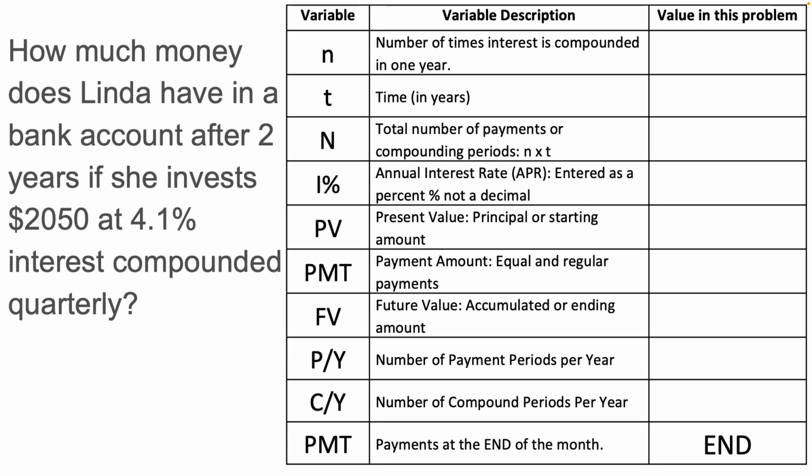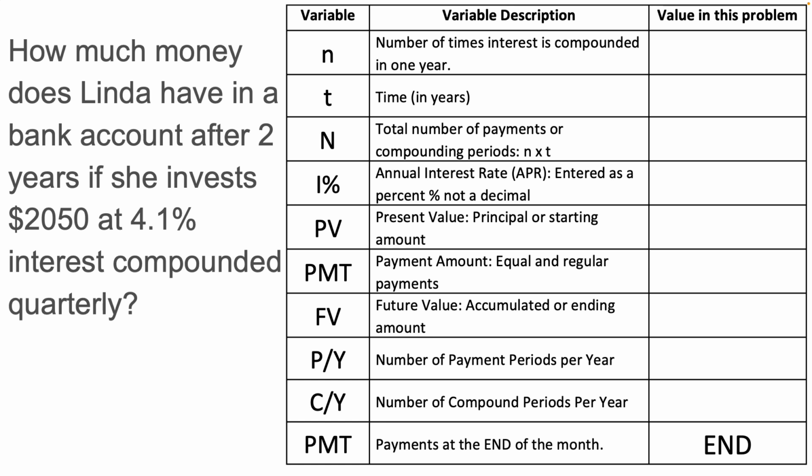In this problem, we are asked how much money does Linda have in a bank account after 2 years if she invests $2,050 at 4.1% interest compounded quarterly. So when we see that we are using a bank account that compounds interest, we know that we can use the TVM solver. On the right-hand side, you should see that I've listed all of the variables here, and we'll go through and identify the values of each one of these variables